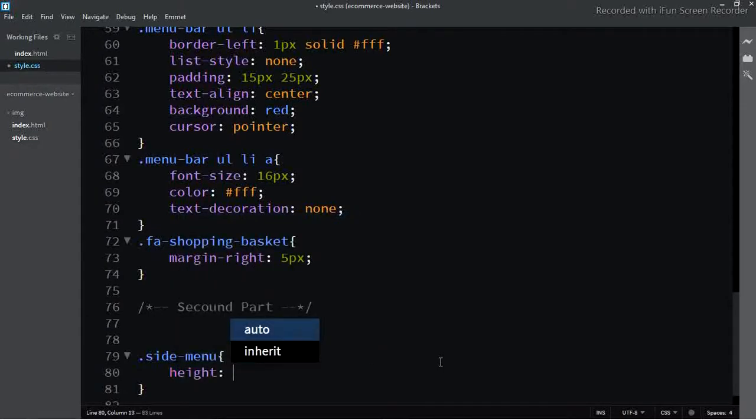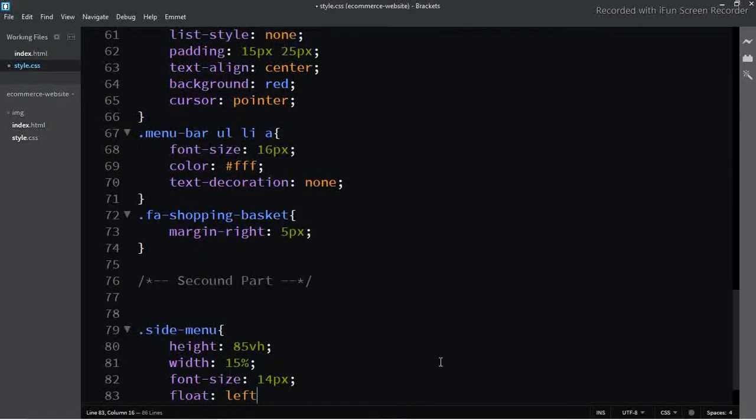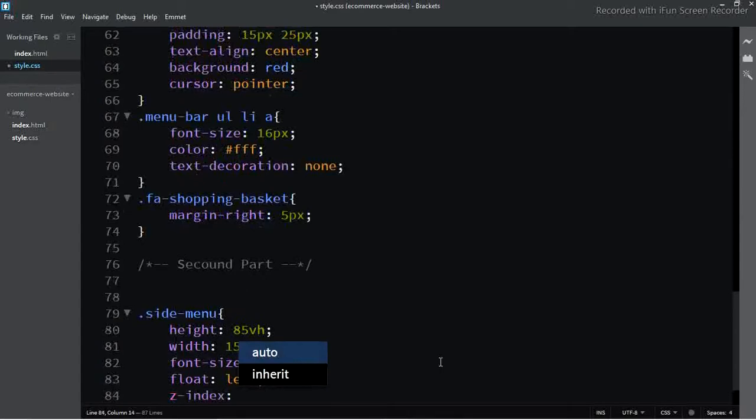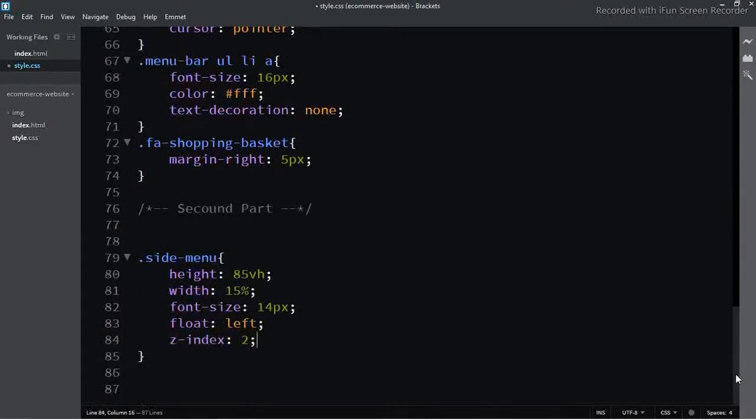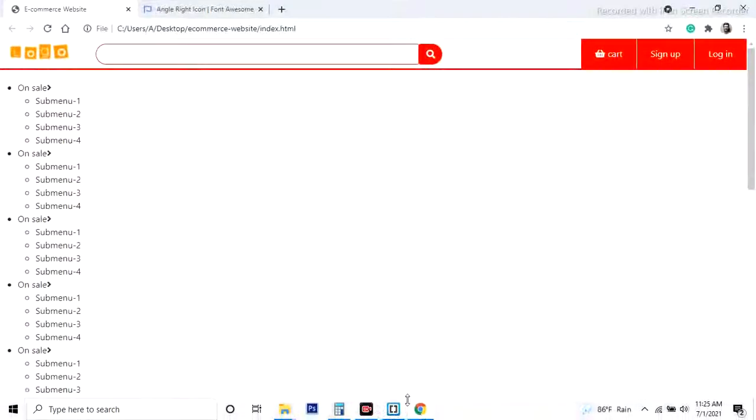Height 85 viewport height, with 50%. Z-index 2. Refresh your website.